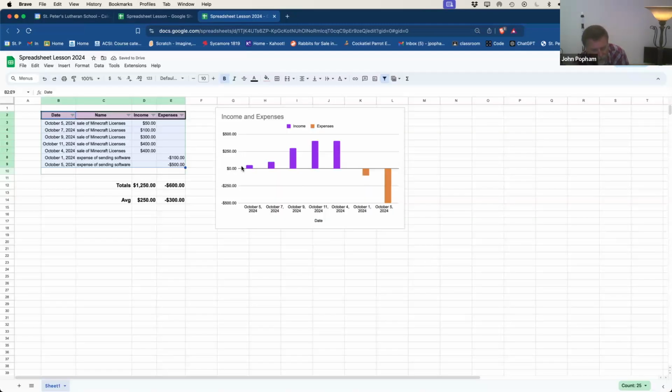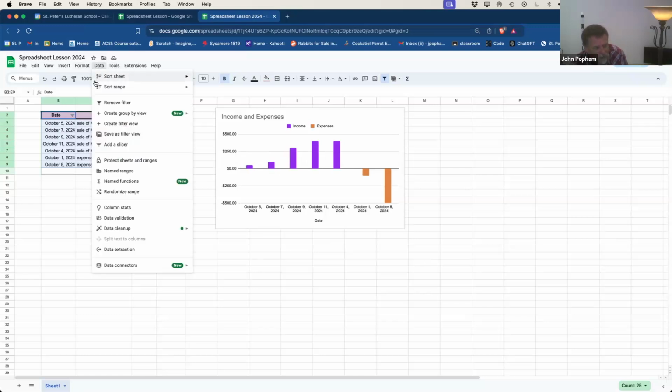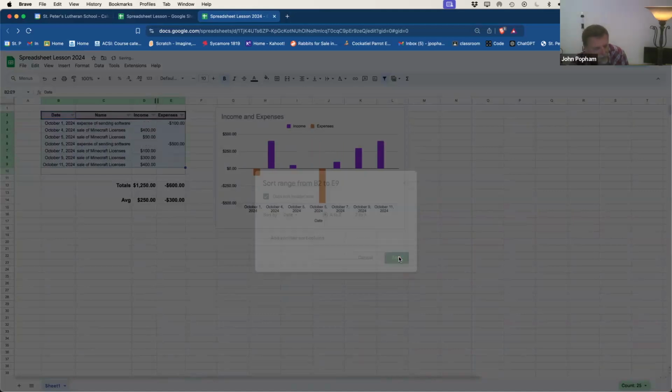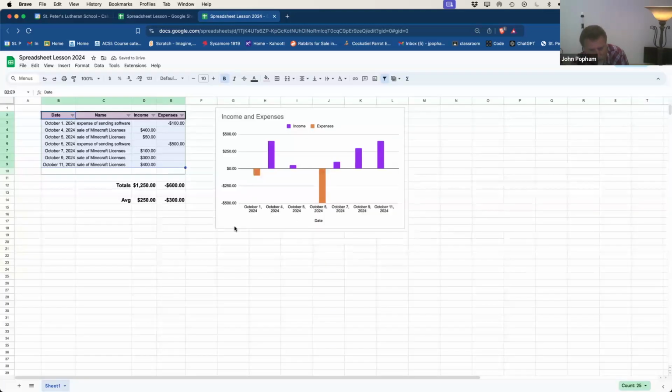Now all of a sudden the chart shows a growth pattern or a growth representation instead of just being organized in other fashions. Same thing, go back up, data, sort range, advanced range sorting. Let's sort it by, data has header rows, and let's sort it by date. Here we go, A to Z, and there's a timeline version of the stats and the information. So that's probably a good